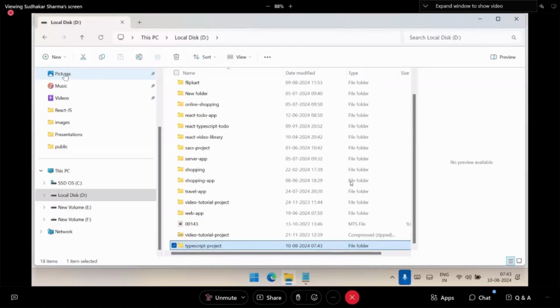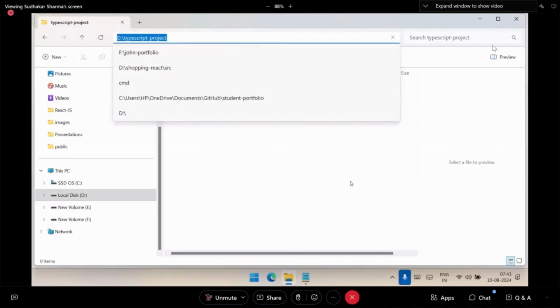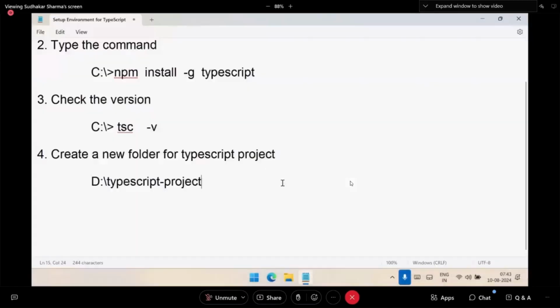So in my D drive, I am adding just TypeScript project. This is a new folder in my device. Now, next what we need to do is open the folder in